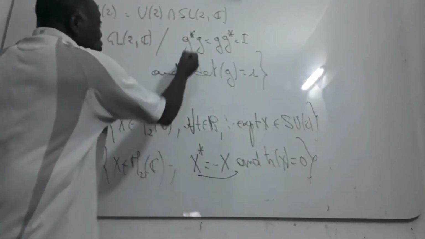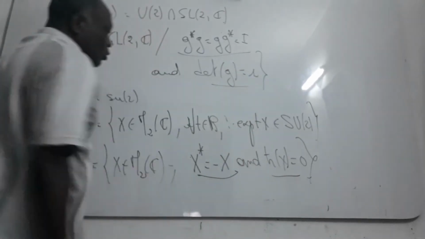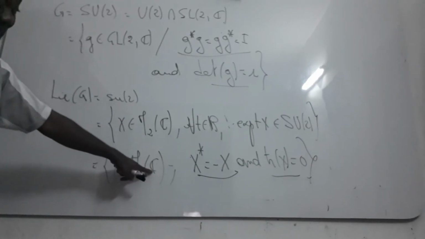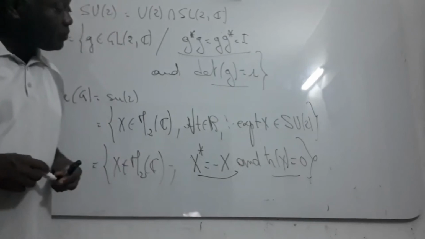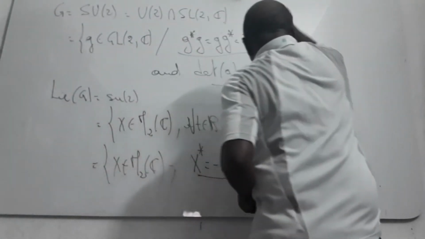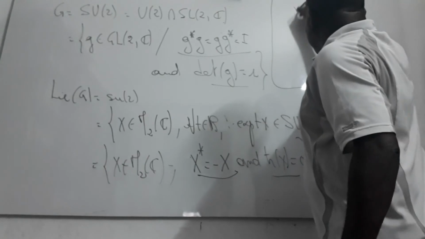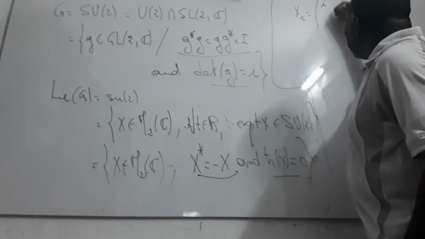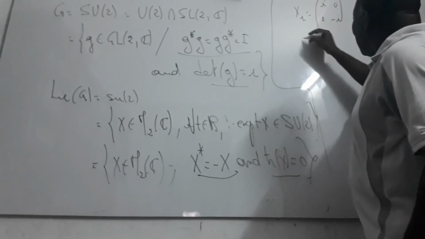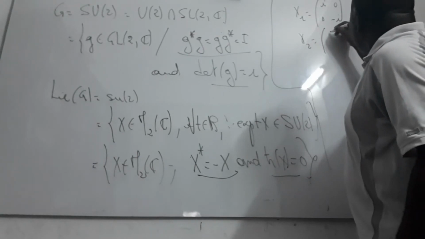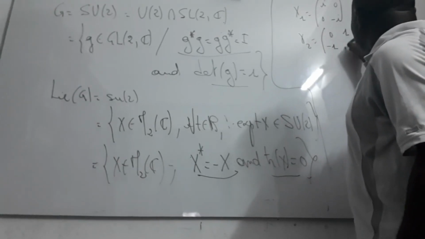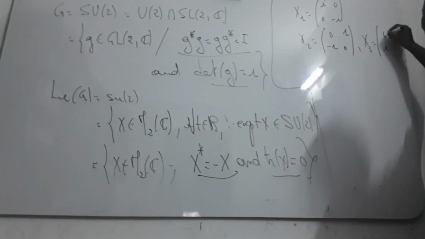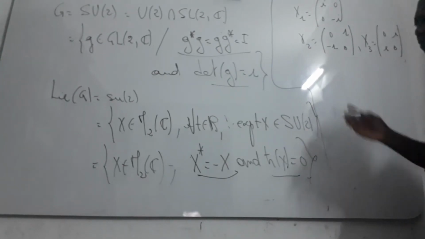From here you got it using this fact, and from here you did this fact. So it's a matrix of order 2 with coefficients in C, such that you have this condition. And you can get a basis of this like this. F1, you can compute easily that is a basis like this: i, minus i, 0, 0. F2 is 1, minus 1, 0, 0. S3, and we can put i here, 0, 0, 0. We can get it very easy.